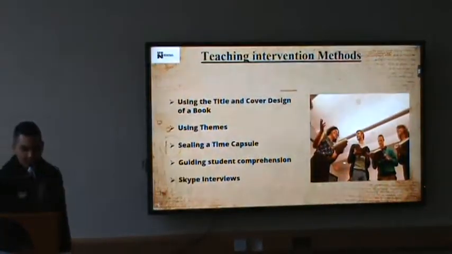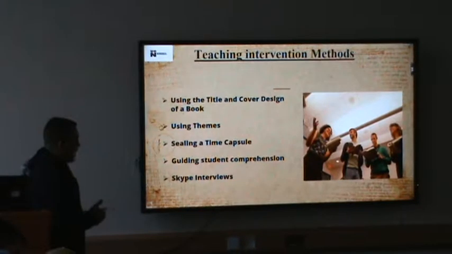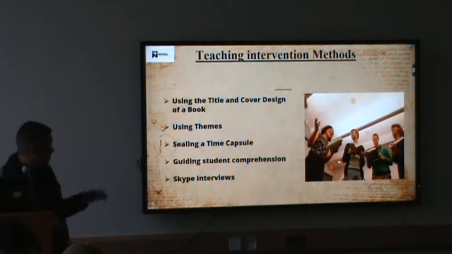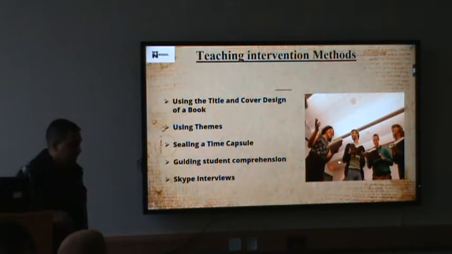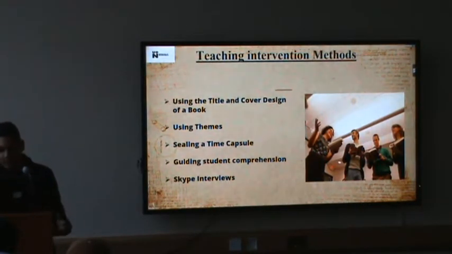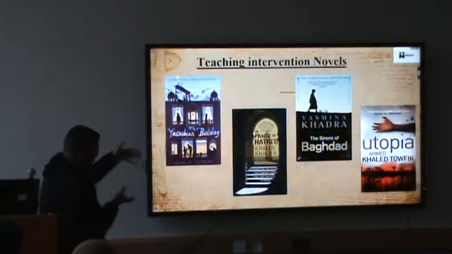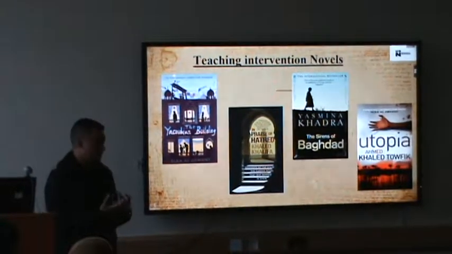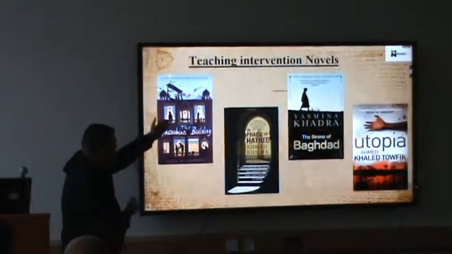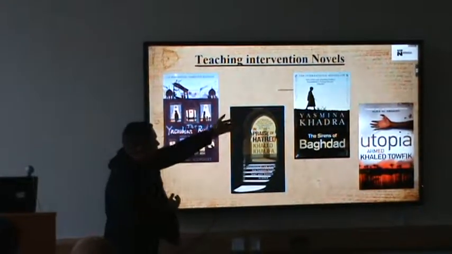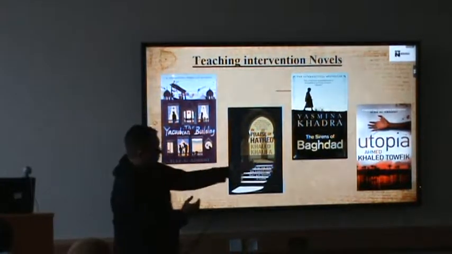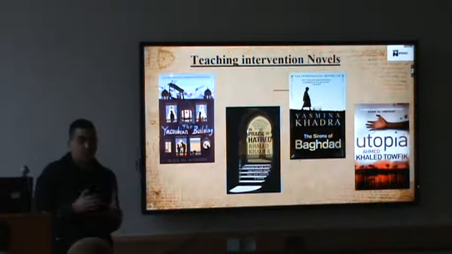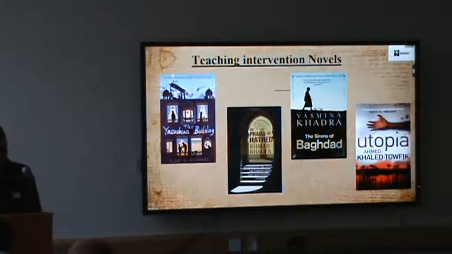And let me now move to the teaching intervention methods. I used four, but the last one was added in the pilot study. First of all, the use of the title of the book, the cover and design of the book. The students are given those covers, so they start questioning: what's this cover like, why those people, why this door, why is that man sitting there, why that arm, why is this red? So they start questioning things before approaching the novel, and this is really helpful for them.